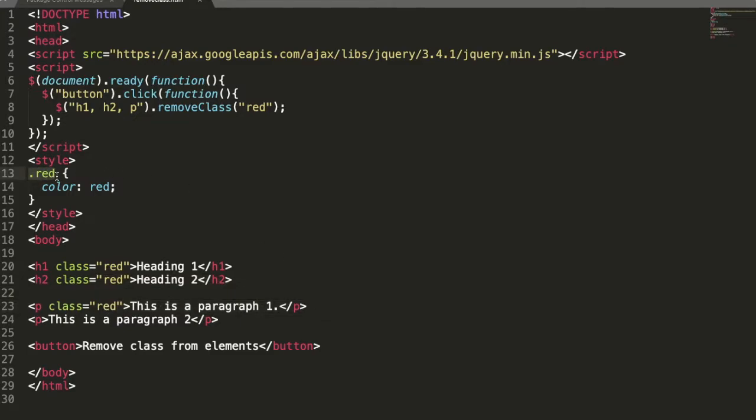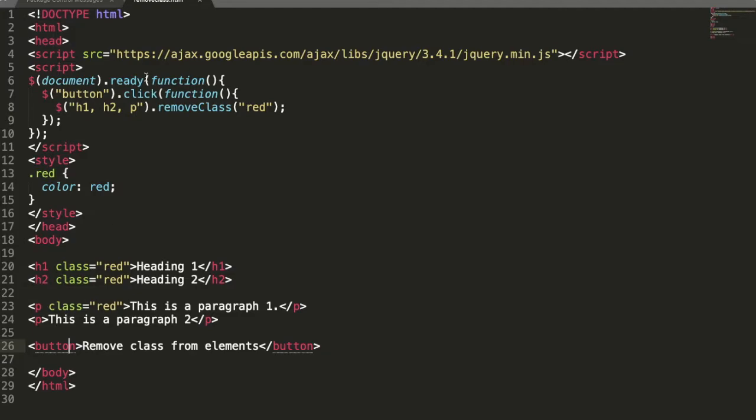This is nothing but a class. Dot represents the class and hash represents the ID. Here I am taking the color red. So here I am using class red, class red, class red.